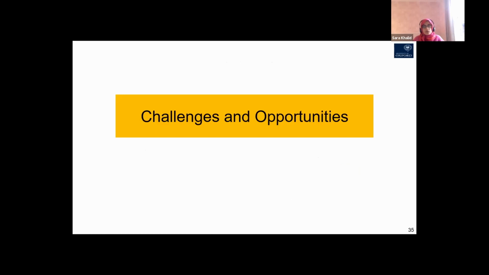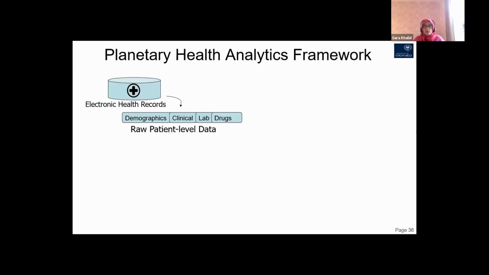So that brings us to the third and last part of this talk, which is a vast topic on its own, and can be talked about in its own right. But I will focus here on the issue of planetary personalized health. So if we look at the framework for personalized planetary health analytics, at the heart of it is, of course, data, and to be specific, patient level data,